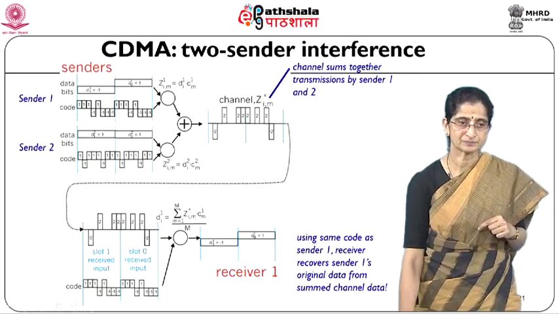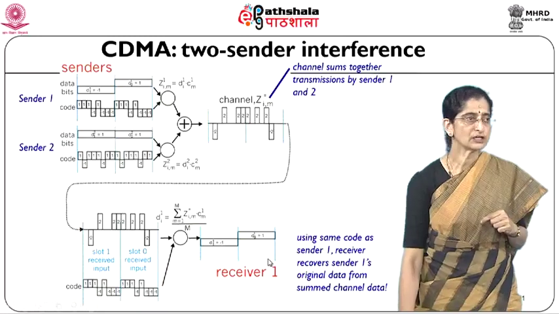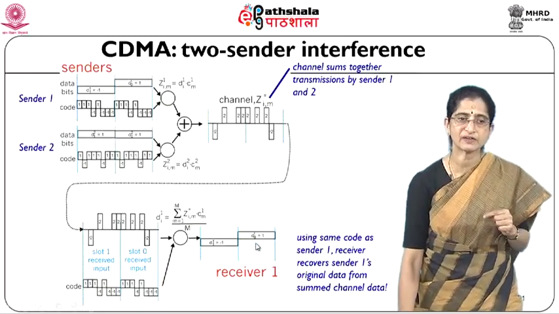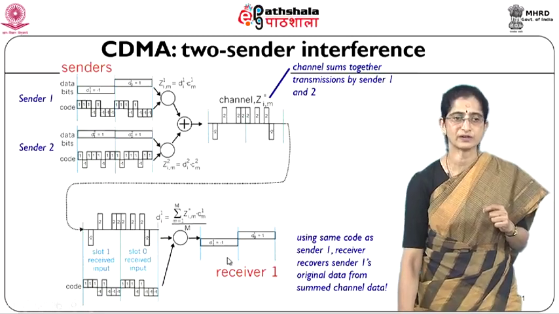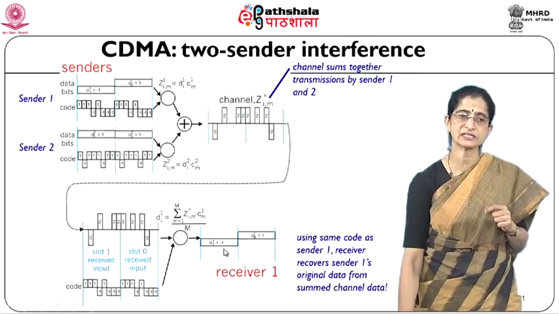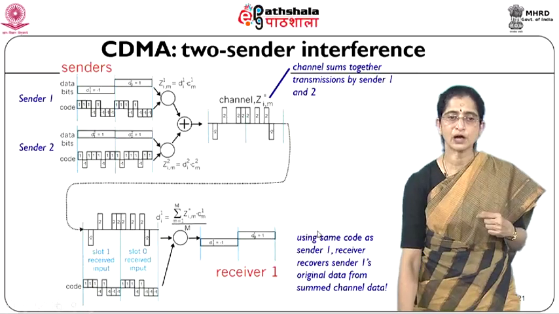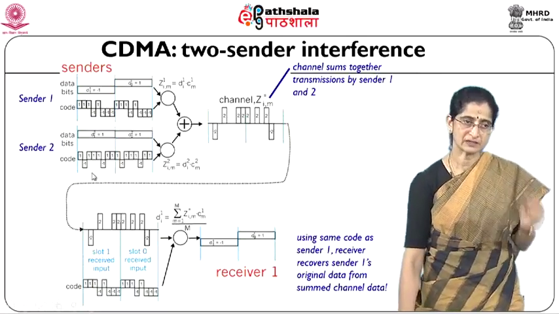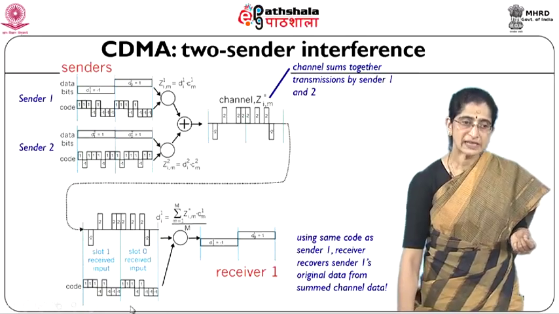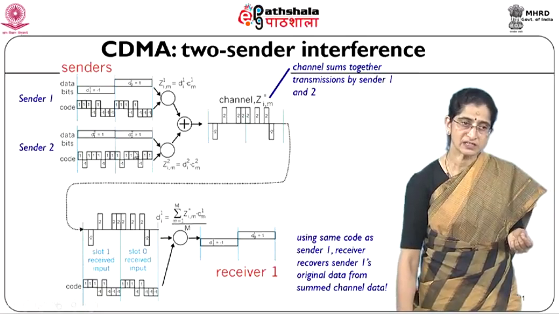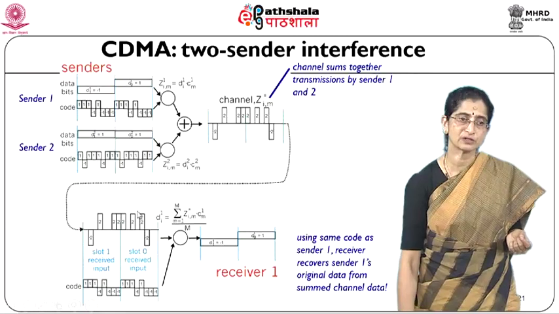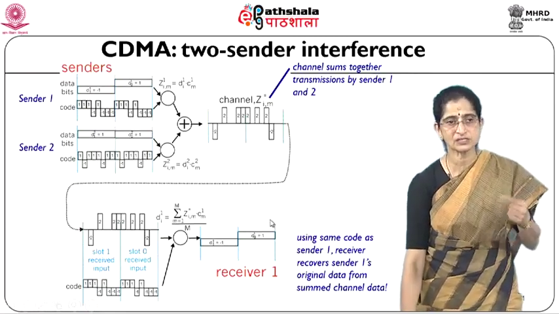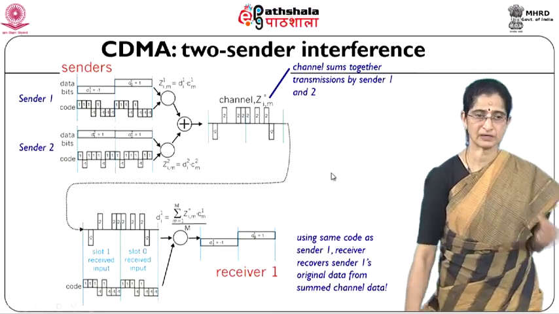When he does that, you will see that in slot 1 he gets a value of D0 equal to 1, and in the next slot he gets a D value of -1. Okay, so this is how he will be able to identify what was the data that was originally sent by sender 1 in these slots. Same thing if he were to do with receiver 2, or for instance if he were to AND it with sender 2, he will get the data that was sent by sender 2. Okay, so this is basically how the CDMA mechanism works.